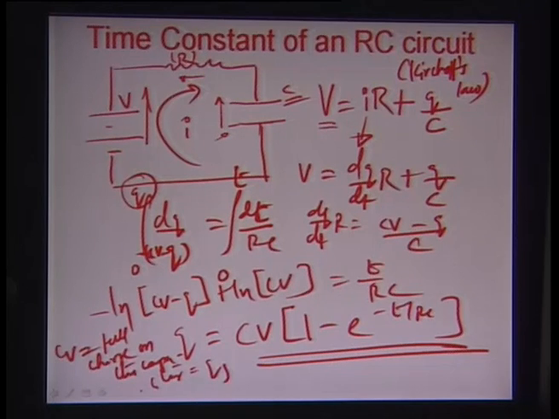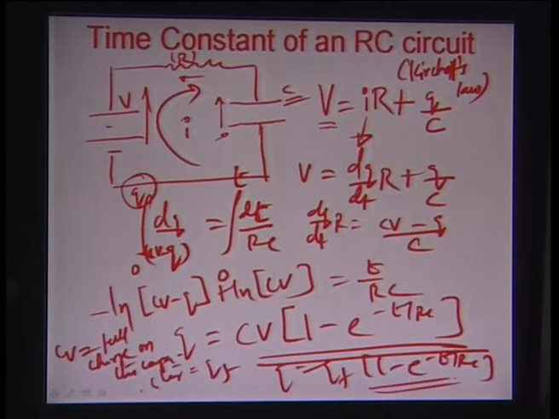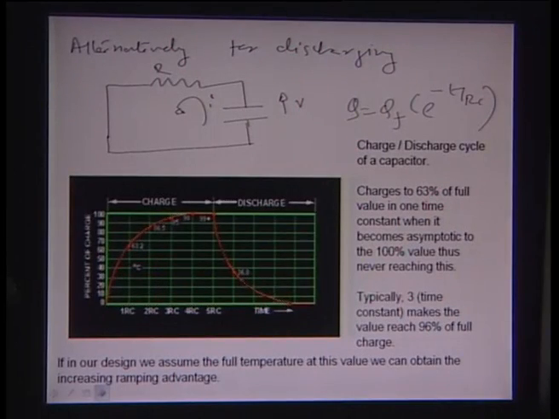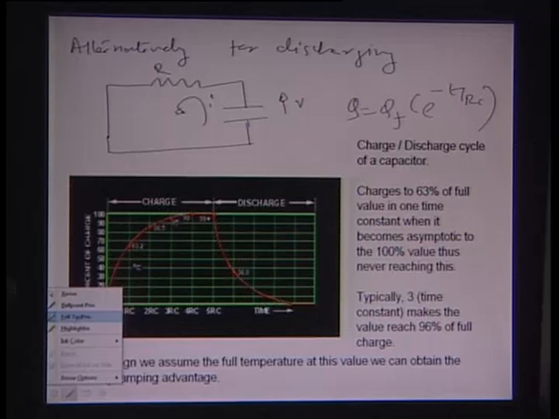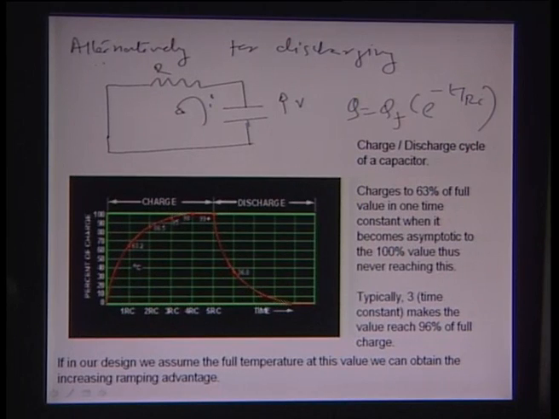Let's call it QF. So Q is QF times 1 minus e to the power of minus t by RC. Alternately, for the discharging circuit, when we assume that there is no voltage source, as you can see here in this particular illustration,